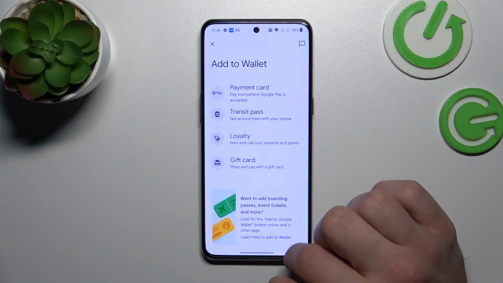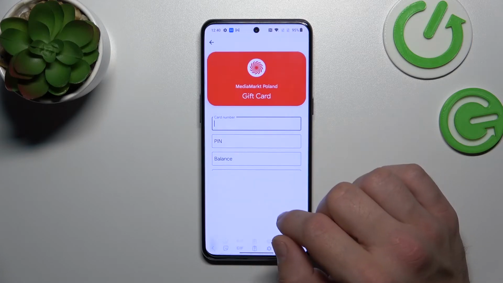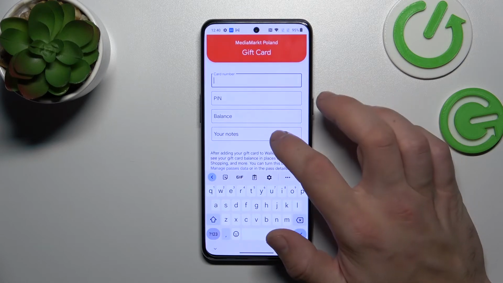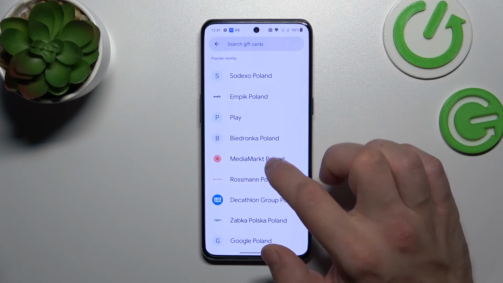In the end, you can add a gift card, which is pretty similar to Loyalty card because you have to select the shop, enter card number, PIN, balance, your notes and tap Add to Wallet. All of your cards will appear right here on the homepage of